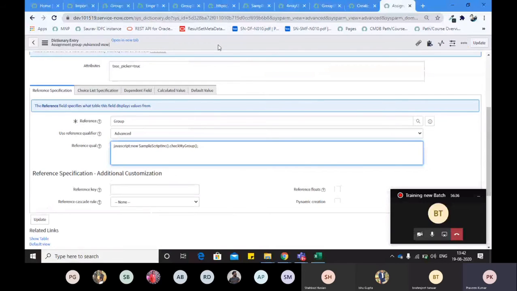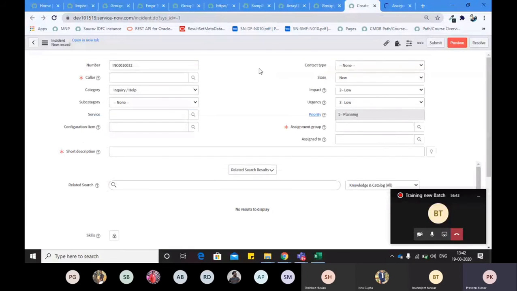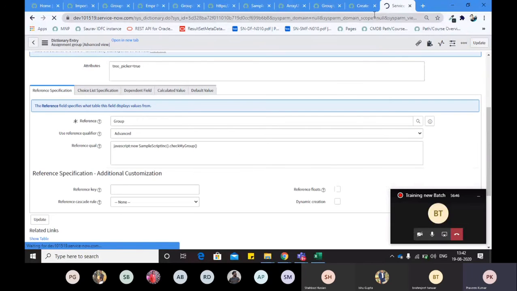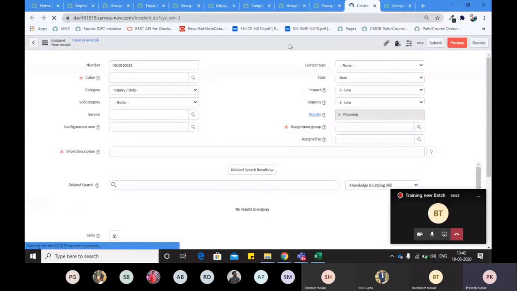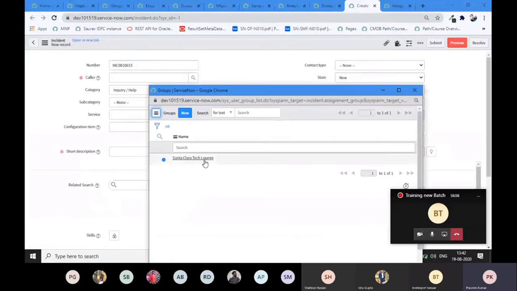Right? This way we design an advanced reference qualifier. You can see Santa Clara is here, right?